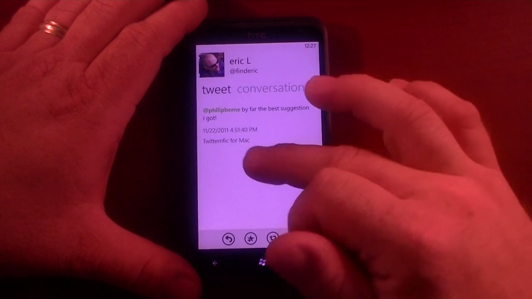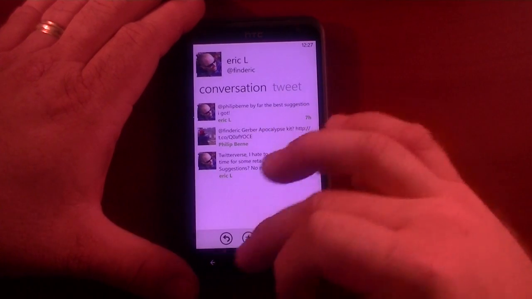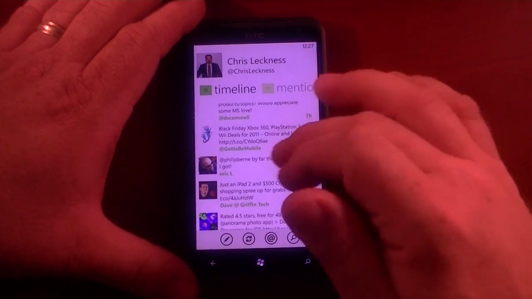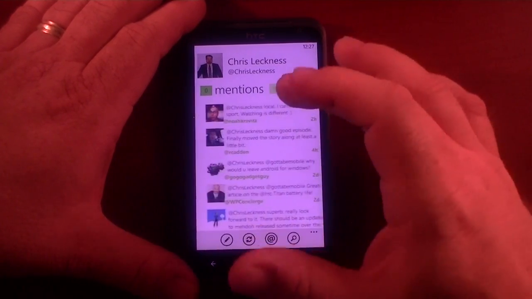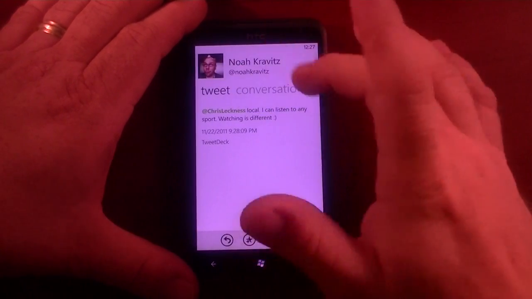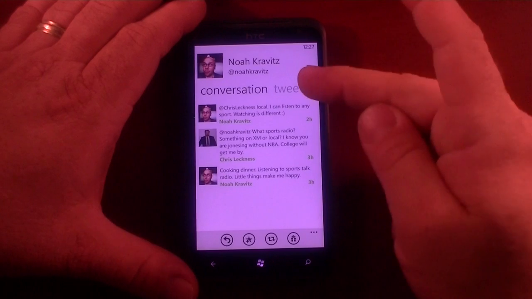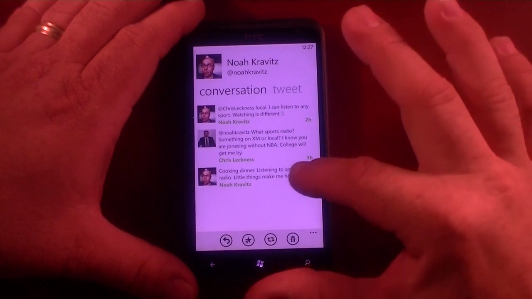And he actually didn't reply. There we go. Conversation. This shows the conversation that they had. Let's go back to mine now. I've not messed with this portion of it that much. Let's go to my mentions, and we'll see if we can look at the conversation. Yeah, there we go. I'm sorry, I missed that. You can slide it to the left or right,